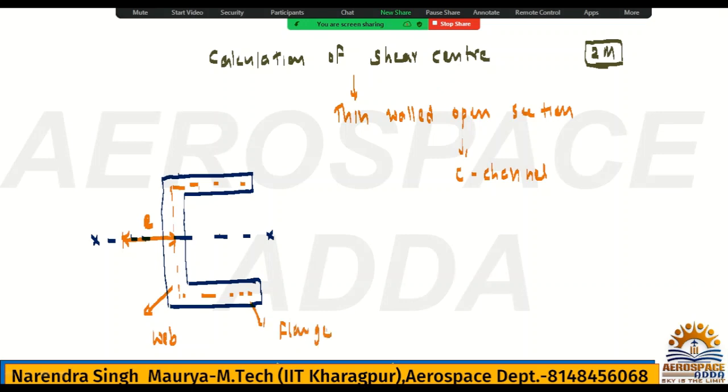I'm saying the load is acting here, SY, because the axis is the x-axis here, and this is the y-axis here. Definitely E is the distance of the shear center, so this point will be the shear center point. Now if you are applying this, what is the SY? SY is the